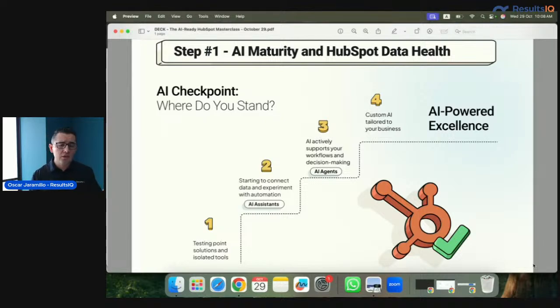So maybe you're a little bit ahead. Maybe you're getting started, right? So maybe you're using HubSpot's AI tools. Maybe you're using the social media agent, or you're using the content assistant to help you create better copy for your social media, your emails, your blogs. Maybe that's where you're at, right? So that could be that you're testing assistants. Again, ChatSpot was the one that was last year. That was pretty big on CRM queries. Breeze right now, being able to create reports for you. But again, maybe you're just getting started, right? You're using all these tools with no set strategy. You're just leveraging the tools for what they are today. But you want more, right? You want to continue going through this journey, right? But there could be